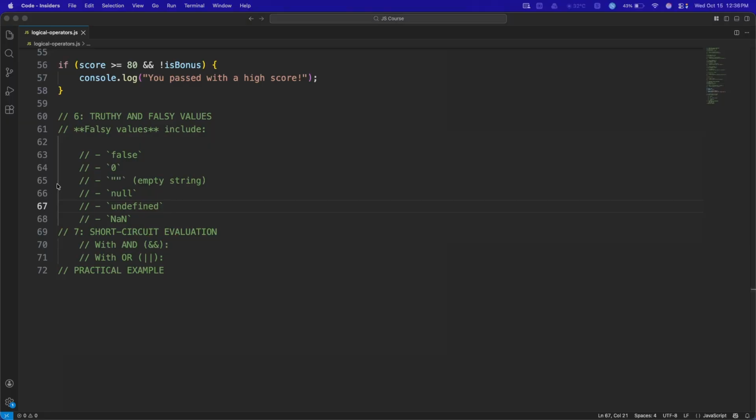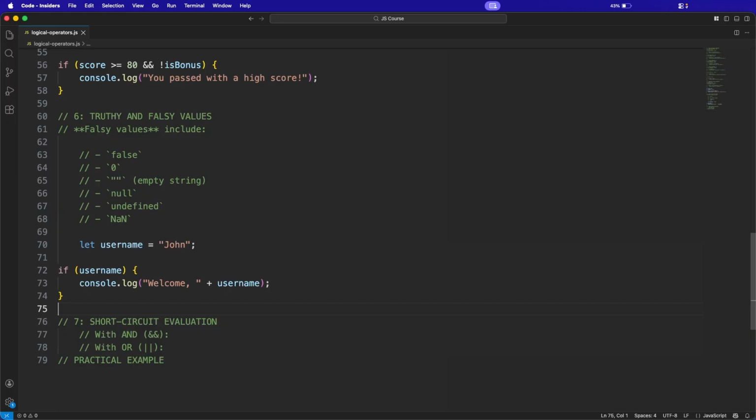Okay, so look at this. Username is John. If username, then welcome username. Okay, it's returning true. Since the username has a value, it's true. So the condition passes. But if username was an empty string, it would be falsy. So